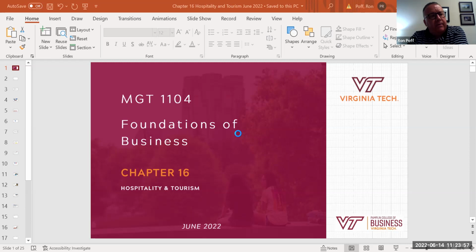I think it's MGM, if I'm not mistaken, is putting a facility in there. And then down in Bristol, Tennessee, Bristol, Virginia, also another gaming facility that's being put in there as well. So these will become destinations for people, typically weekend getaways, 3 and 4 days at a time.